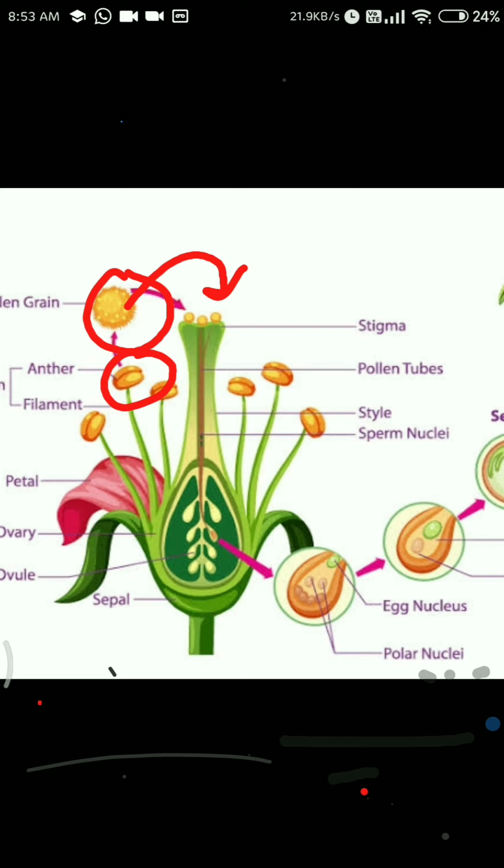And cross pollination is when two different plants are involved, meaning the transfer of pollen grain from one flower of one plant